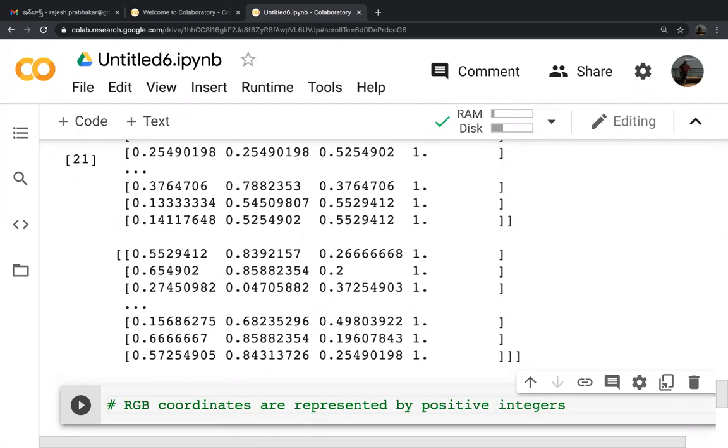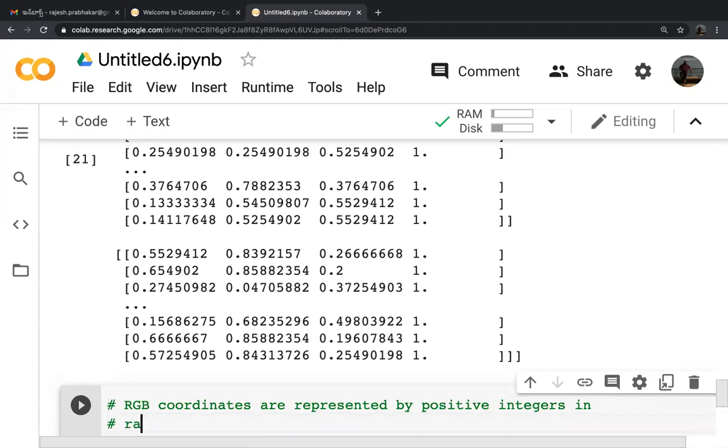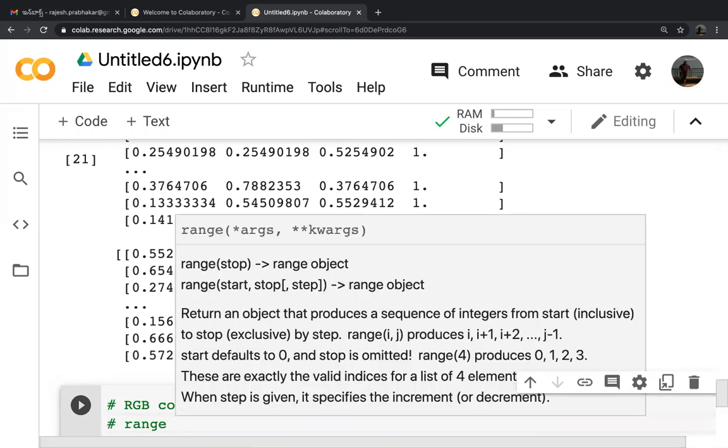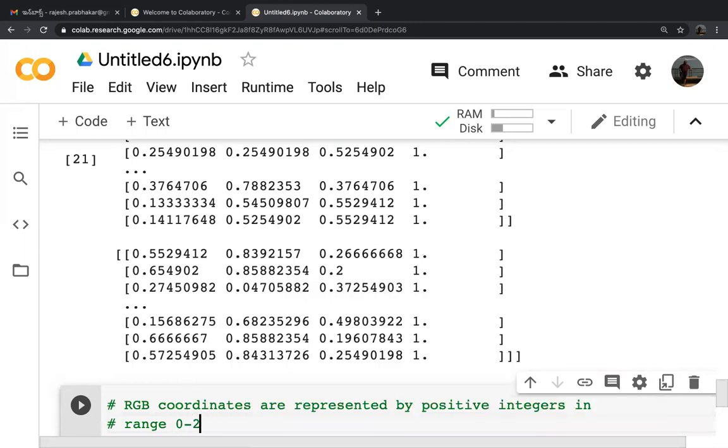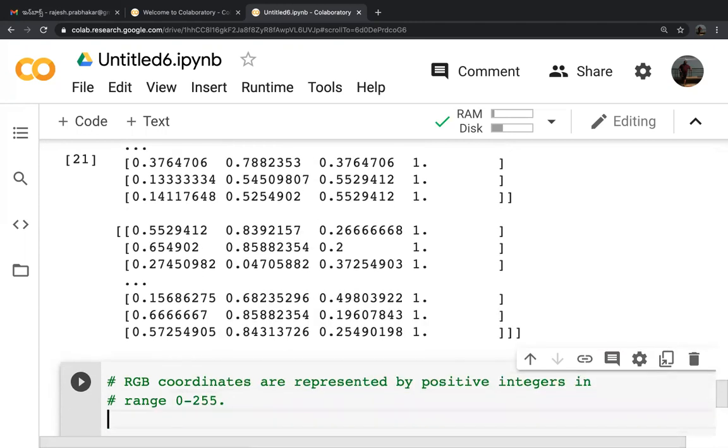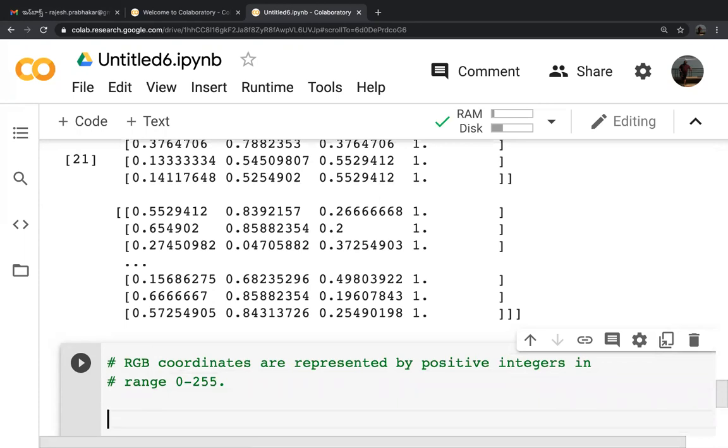So RGB coordinates are represented by positive integers in a range. The range of RGB would be 0 to 255. Again, I see a lot of questions coming in. Sir, why should we divide by 255? Because the lowest value of an RGB coordinate would be 0 and the maximum value would be 255. So RGB coordinates are represented by positive integers in the range of 0 to 255.